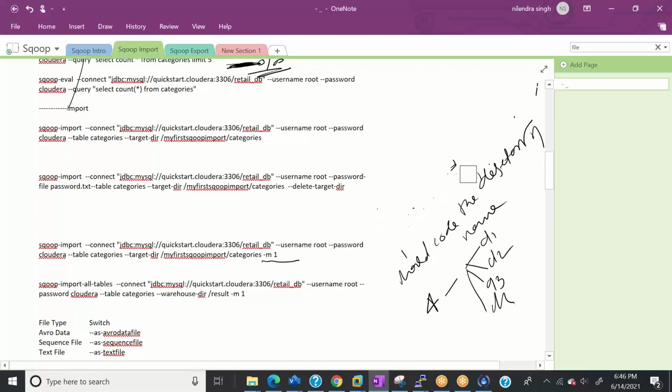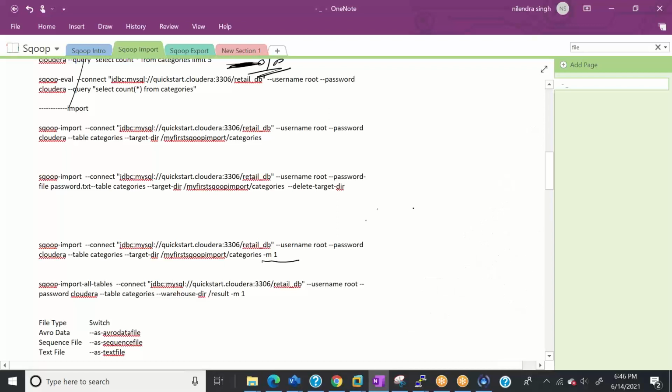One more thing is called warehouse directory. When we mention warehouse underscore directory, you just need to mention the parent directory. Let's say directory one, and here it will put the table name.